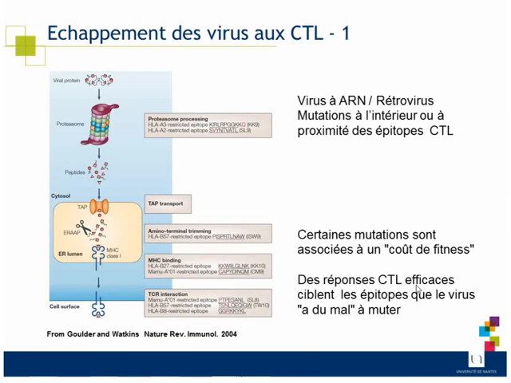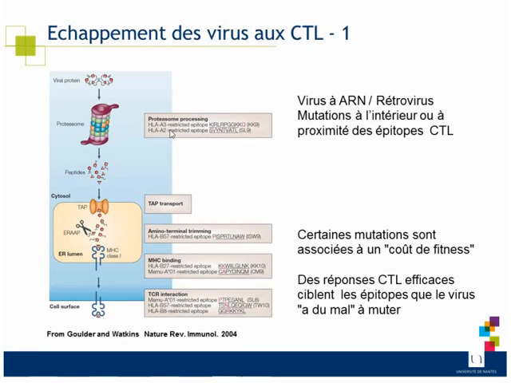Okay, so lots of viruses want to escape from CTL. Once again, they don't want infected cells to be killed too quickly. And there are really two kinds of mechanisms by which viruses escape from CTL lysis. So RNA viruses, like hepatitis C, and retroviruses, like HIV, have a high mutation rate and a very high viral load. So they can generate a lot of mutants, and some of these mutants can escape from CTL,